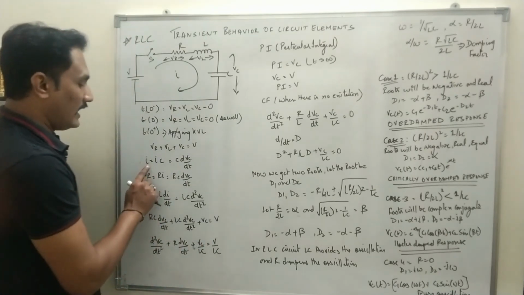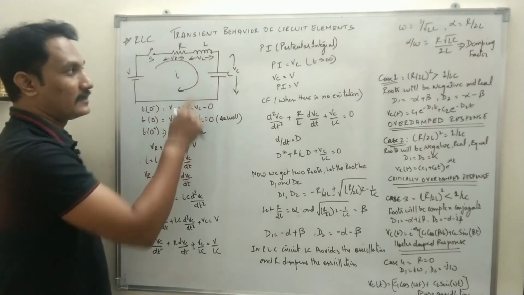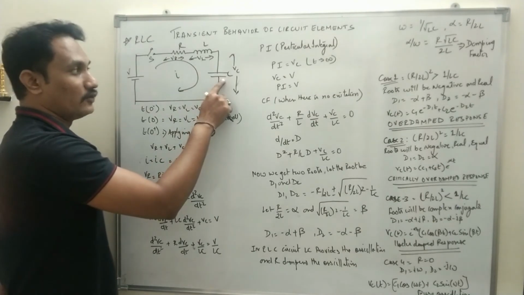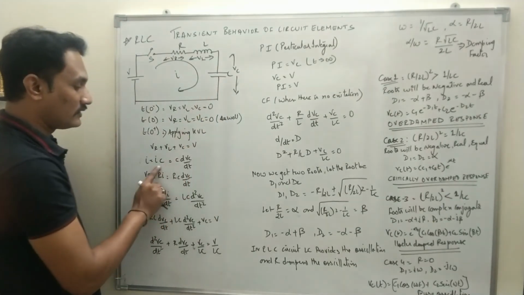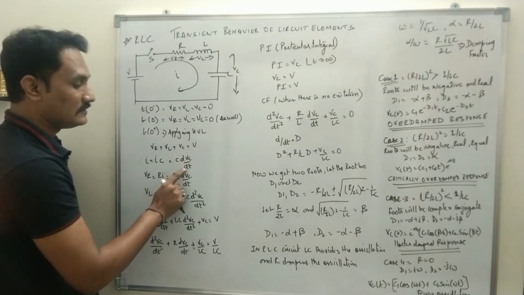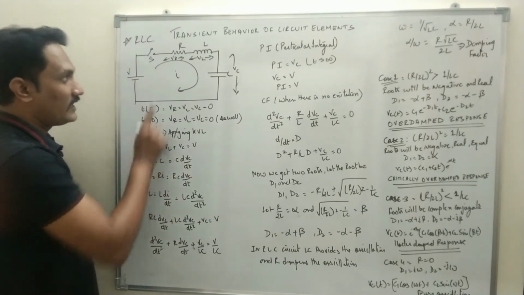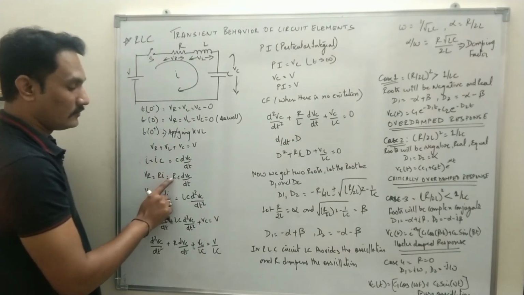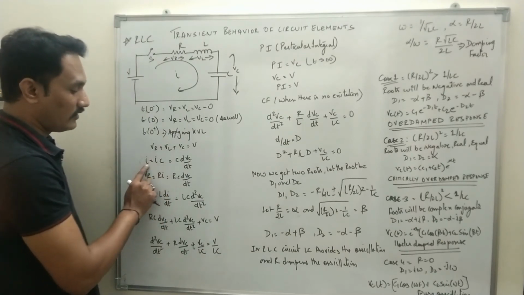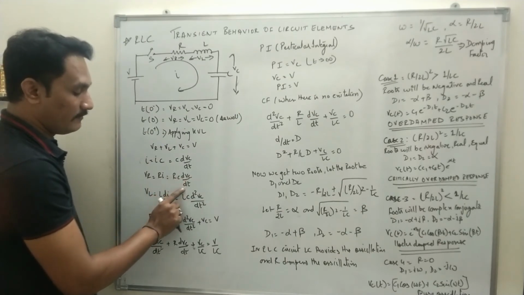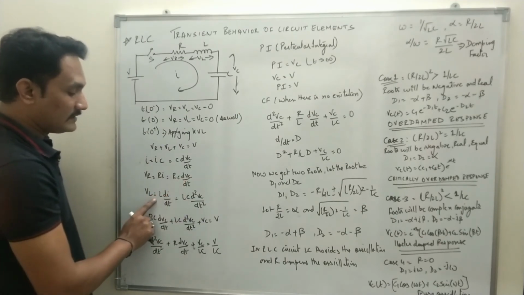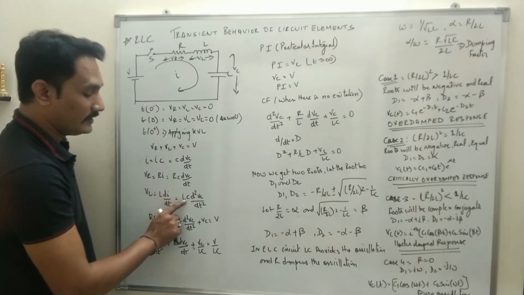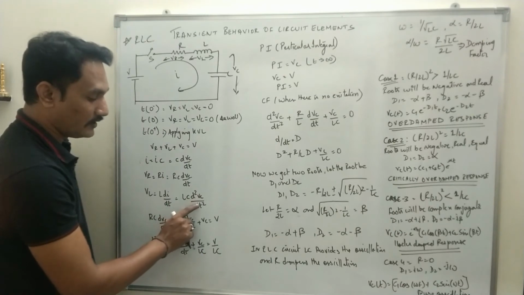Now I is equal to IC, as all these three are connected in series, so the current remains the same. So I is equal to the current flowing through the capacitor, and the current flowing through the capacitor is given by C dVc by dt. And what is VR? VR is the current flowing through the resistance multiplied by the resistance, so it will be R, and we substitute the value of I as C dVc by dt. Similarly, VL is L di by dt. If you substitute the value of I here, it will be LC d square Vc upon dt square.